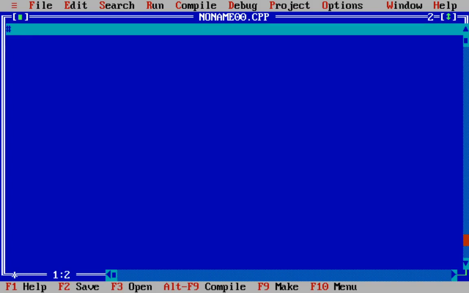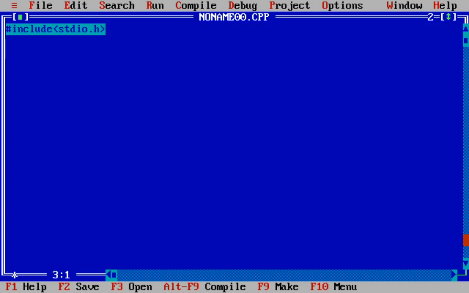So just to start with, we know we have to use #include <stdio.h>. Then I will go with one more, that is #include <conio.h>, which is console input output. Then we are using void main, so that we are saying that there is a main function which is not going to return anything.